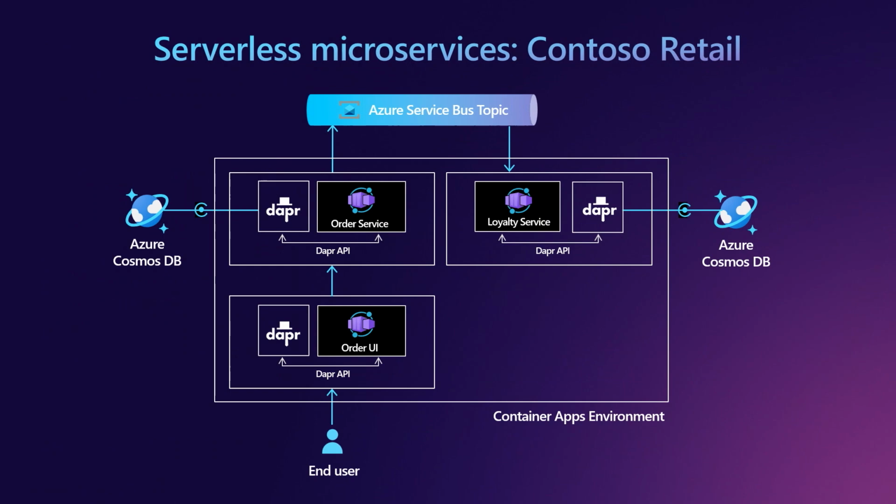And that creates a nice abstraction. So if I wanted to run this entire application somewhere else, and I decide to swap out, maybe I'll swap in Redis for Cosmos DB, or I want to swap in Kafka instead of Service Bus, I can do this all just by configuring Dapr, and I don't have to change anything in the application itself. That's pretty cool.